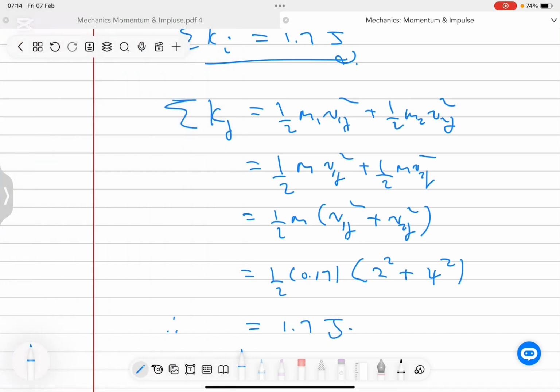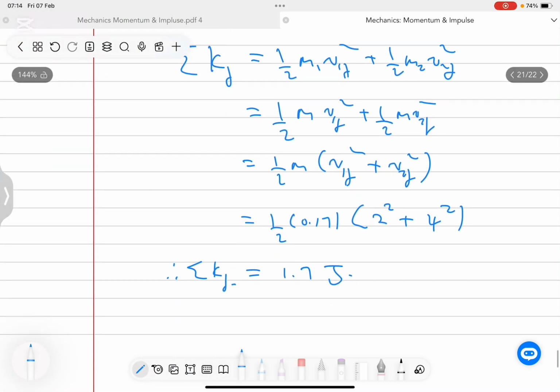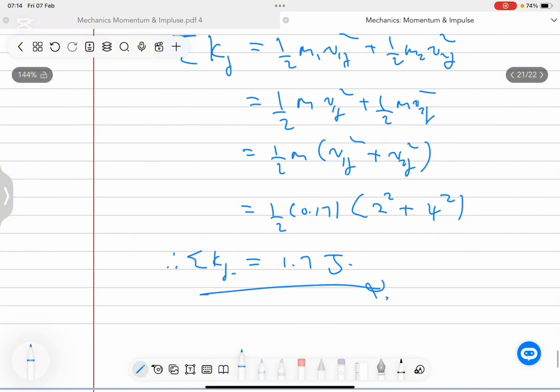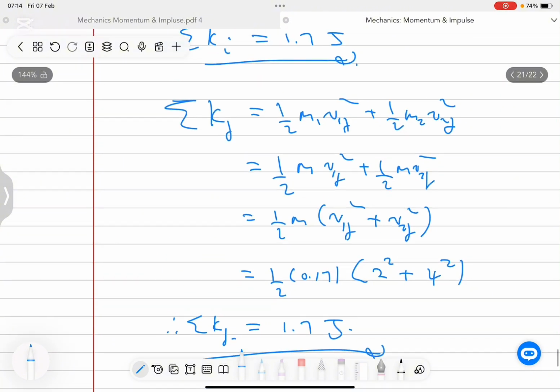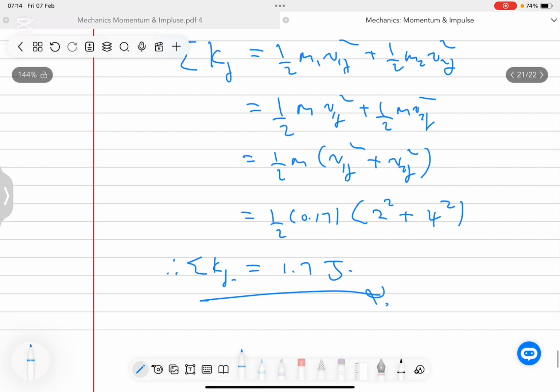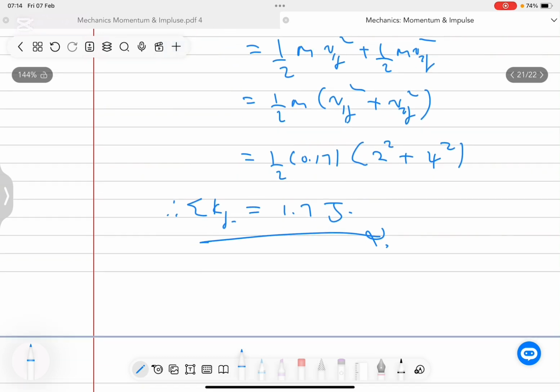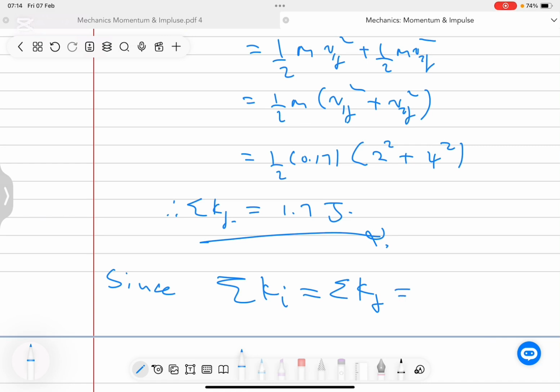So that means my total kinetic energy after the collision is actually the same as the total kinetic energy before the collision. So here I'm going to answer my question to say, since the total kinetic energy before the collision is exactly the same as the total kinetic energy after the collision and is given by 1.7 joules,